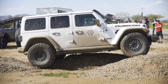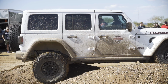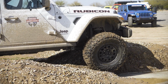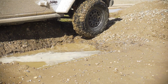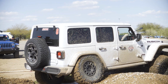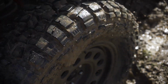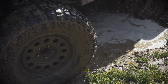The mud terrain offers the most space in between the tread blocks, which really helps allow that mud or sand or water, snow, whatever it may be, to help evacuate out of in between those tread blocks. In fact, the way that Kenda has designed their MT2, the second generation mud terrain, is to help evacuate and channel that mud or snow or whatever debris is in there out of the tread blocks in a certain pattern to help escape not only out the sides but out the back of the tire when you're rotating or spinning them through the mud. So it's a really unique design to allow that extra bite to those tread block edges